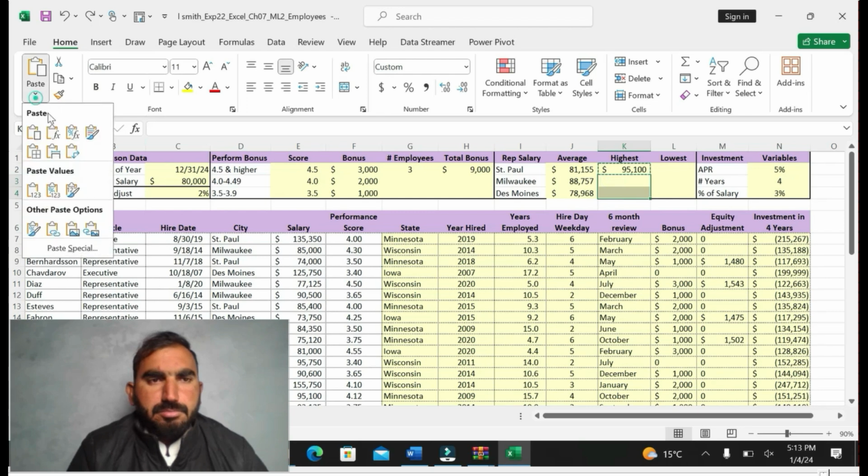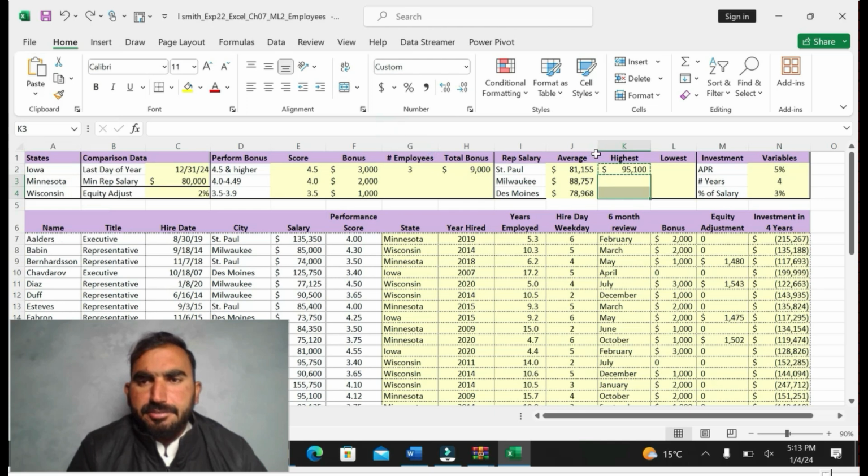Copy and paste it with value and number formatting. Okay, you can see here there is a little error, I think.